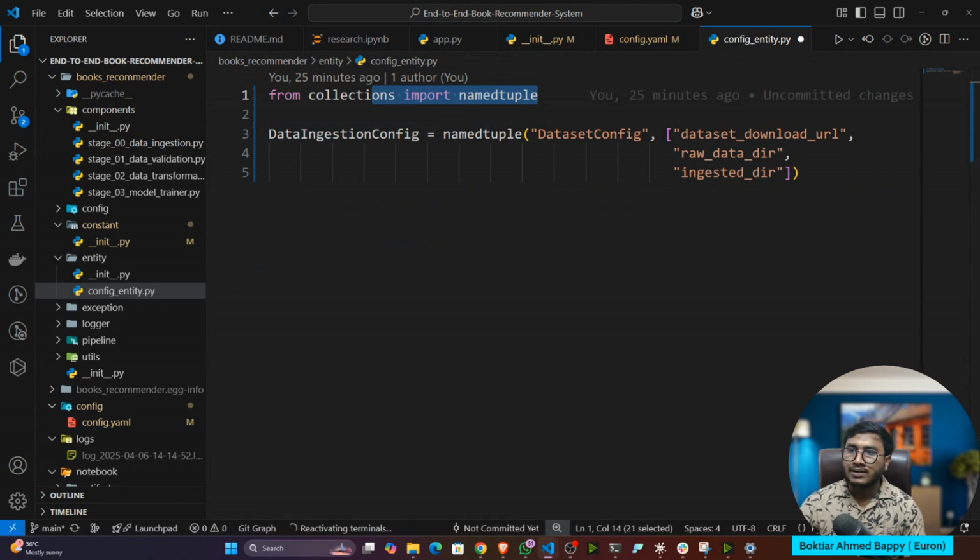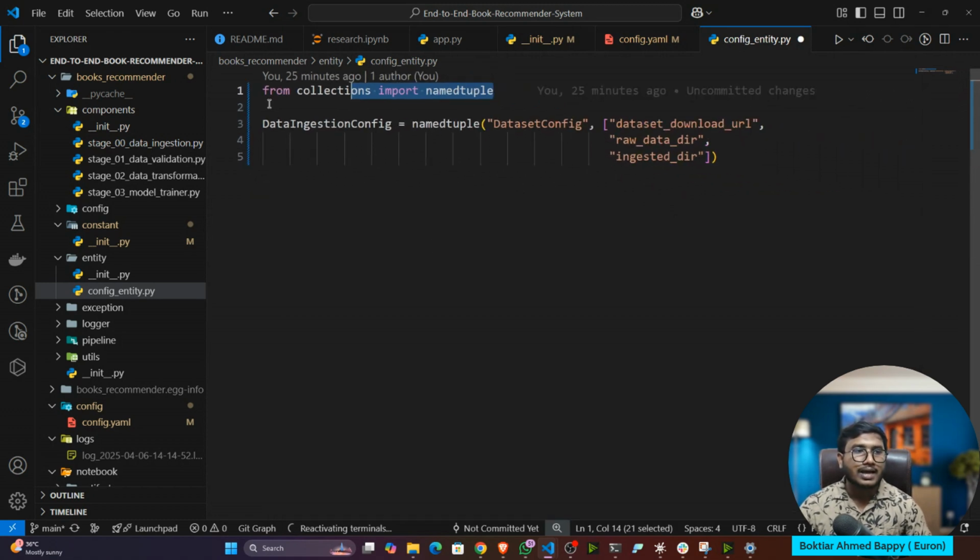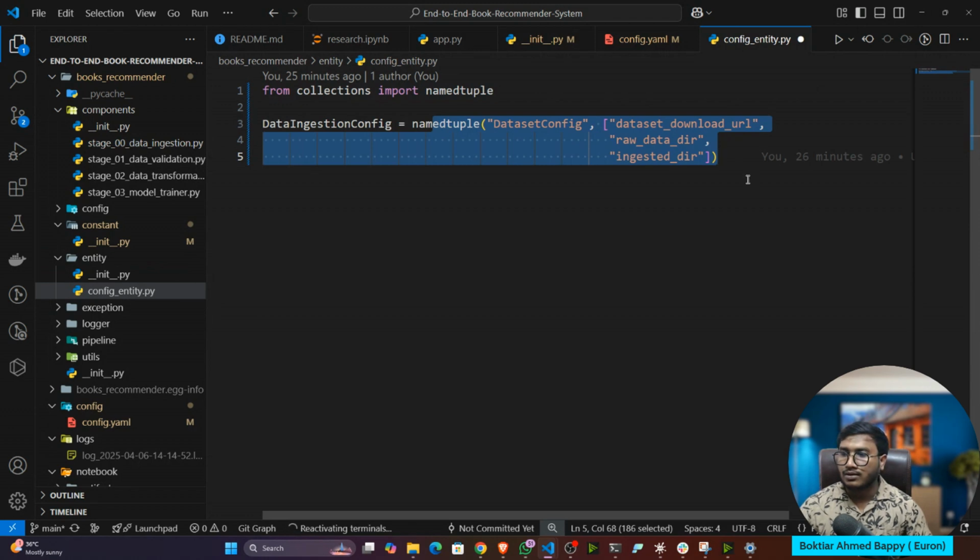And what is named tuple? Named tuple is a, let's say, file format. Okay, so this means you are mentioning the return type of the function. Okay, how? I'll tell you. Whenever I develop, I'll tell you how to mention the return type of a function. As of now, you can consider entity means it's a return type of a function. That means that function will only return these variables, nothing else.